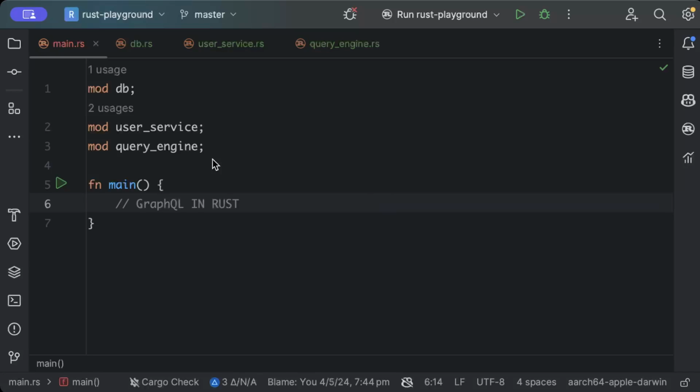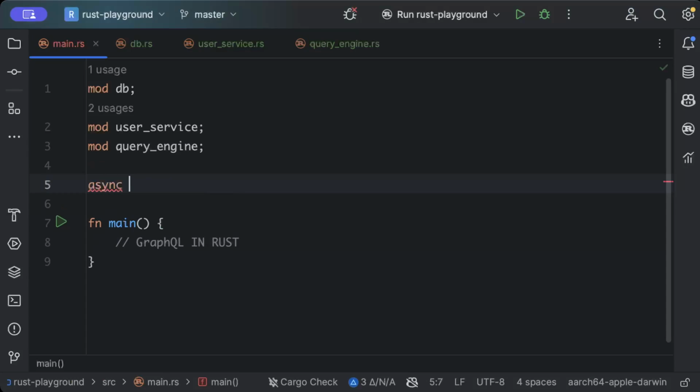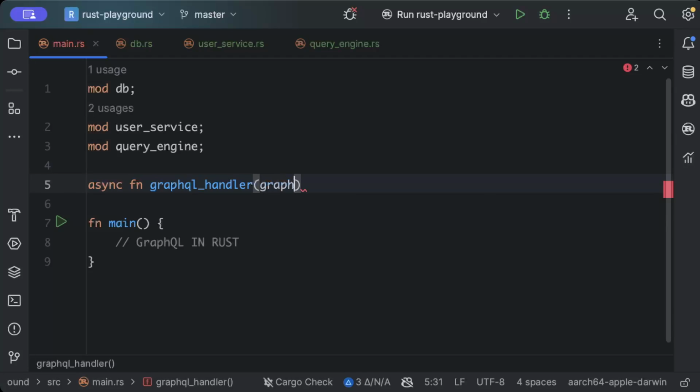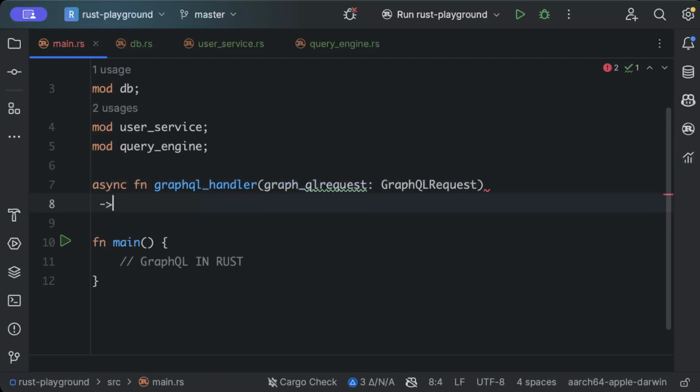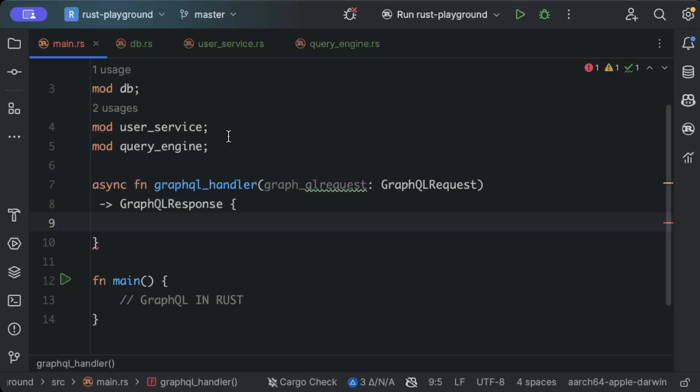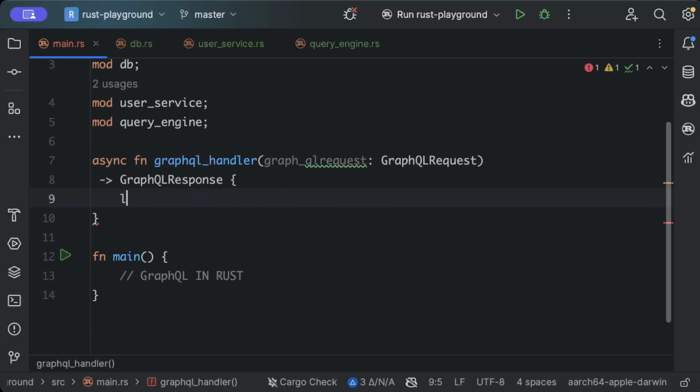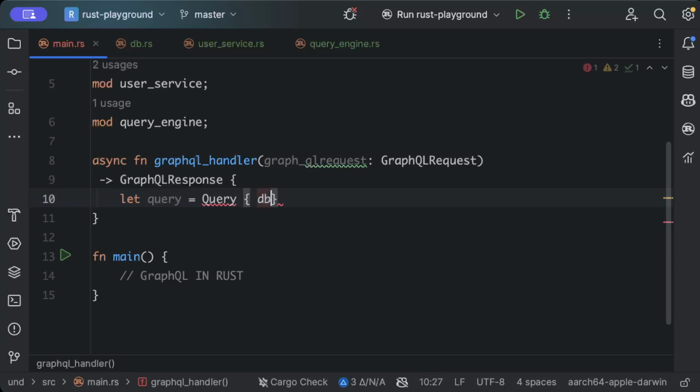So here first of all we'll add a handler. So we'll say fn GraphQL handler. We pass the GraphQL request to it, and it returns a GraphQL response. As you can see, there is no JSON. We are just using GraphQL request and response objects, and then we create our query, and we pass db to it,